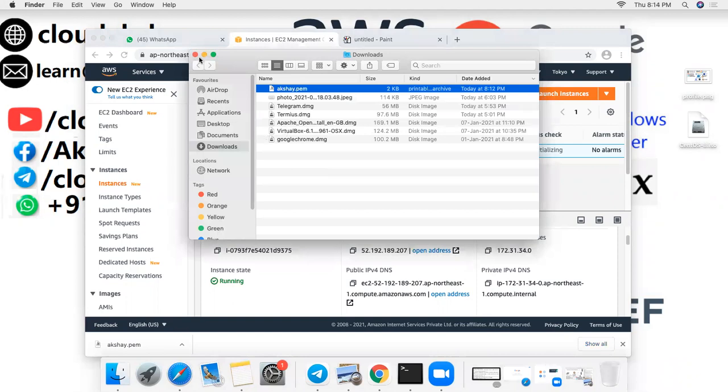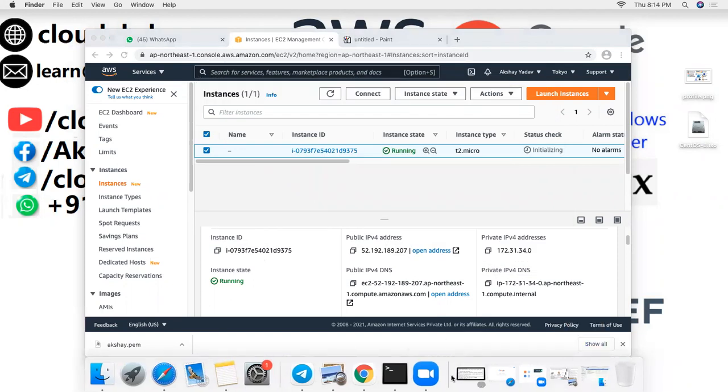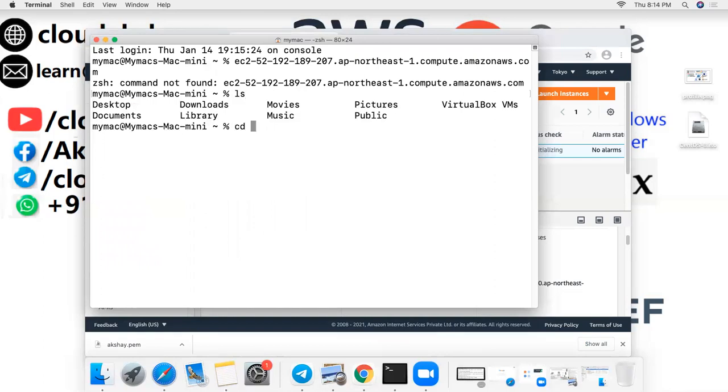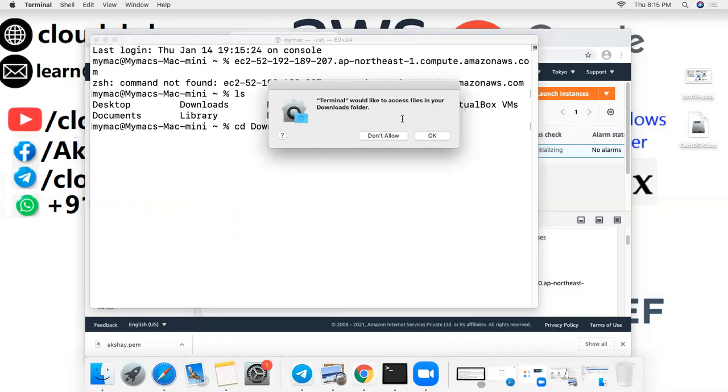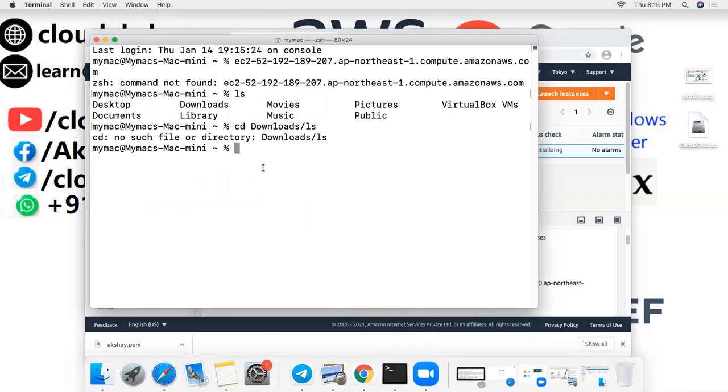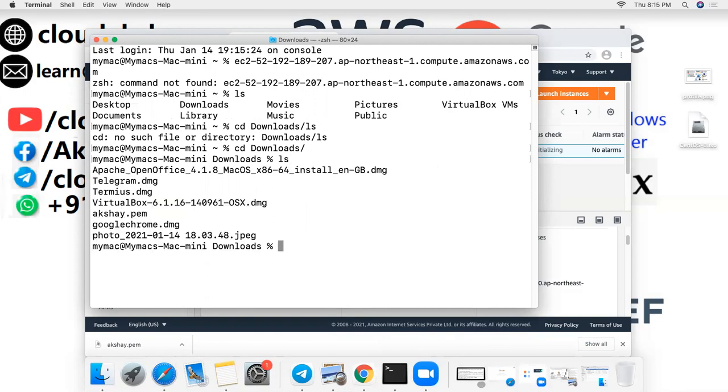This is my download file. cd downloads, ls. I have akshay.pem. Sudo ssh -i, and my PEM file name is akshay.pem, and